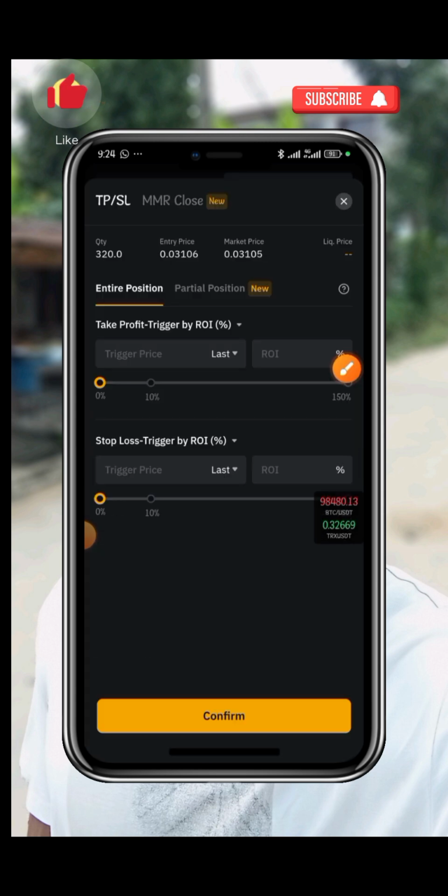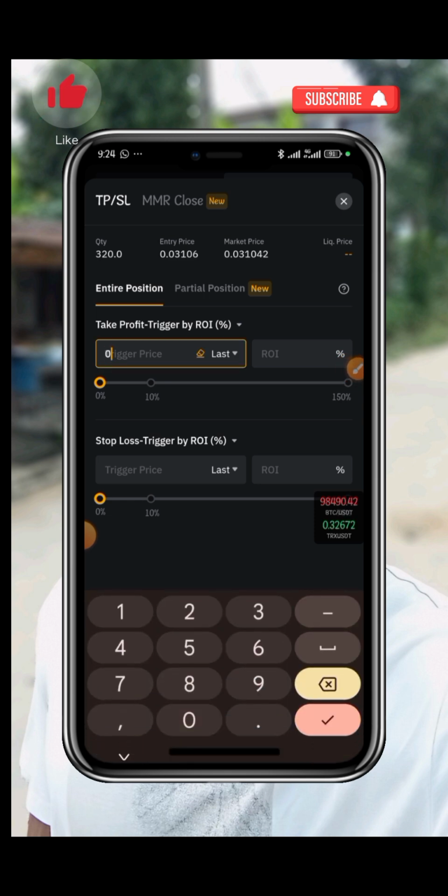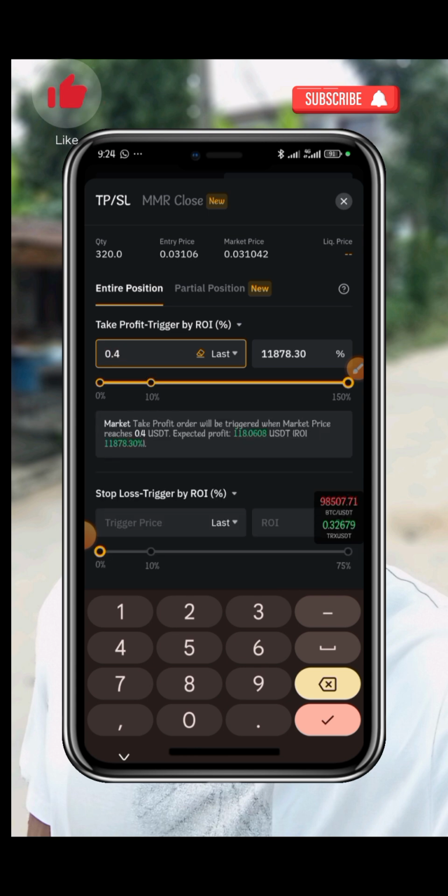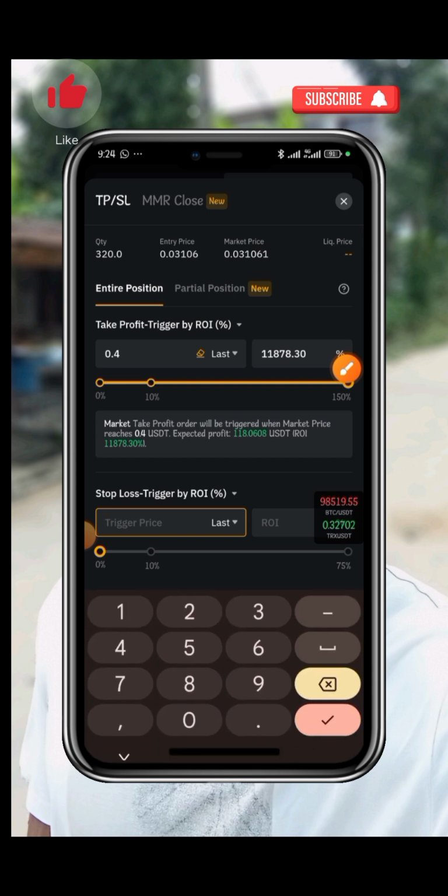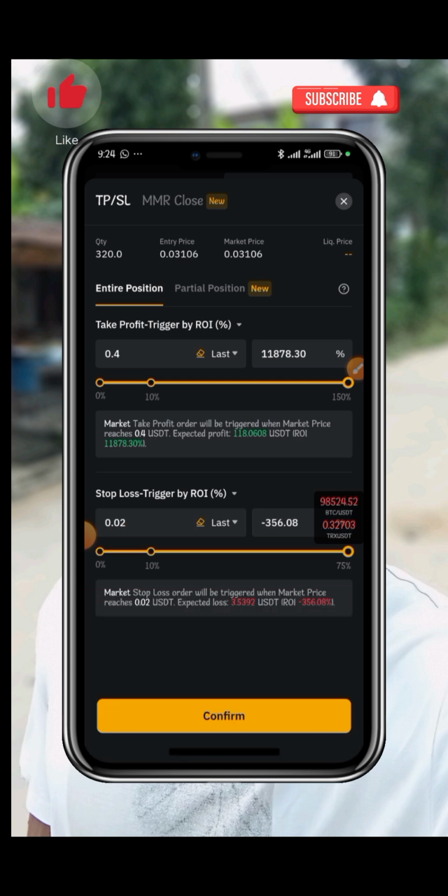So now, when I click on set TP, if I want to close 1,000 SHIB at a price of, let's say, 0.4, I'm going to put 0.4 there, and automatically it will calculate my estimated profit of 118 USDT. Just remember, it's a $1 trade. If I also want to set my stop loss at, let me say, 0.02,